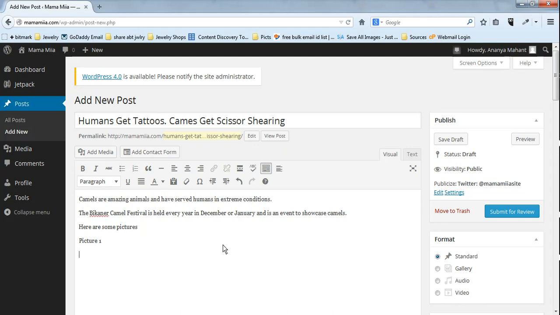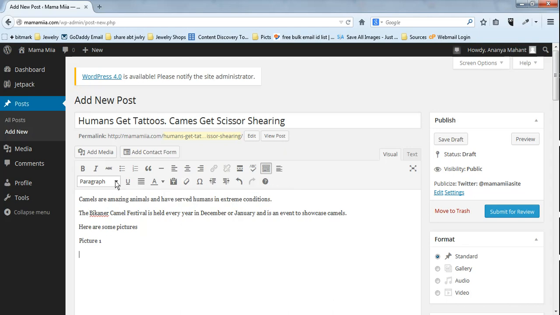So I just want to show you a few things here now that we've entered the text. You see, there are a lot of formatting options here. You can do bullets, you can do numbered bullets, block quotes. If you are entering something which somebody has said, you can use these, and they appear a little differently. The aligning options and so on and so forth, and you can toggle the toolbar as well. So these options which are available in the lower part of the toolbar can be toggled by clicking on this button.